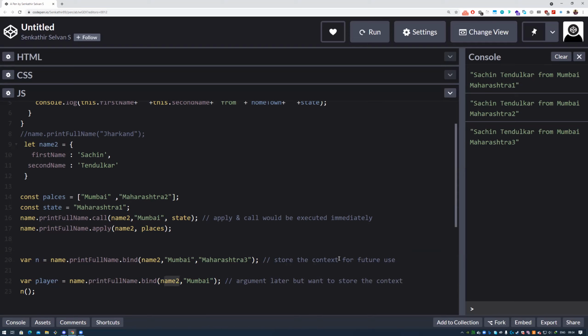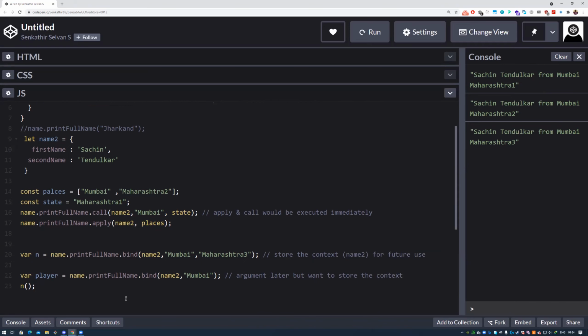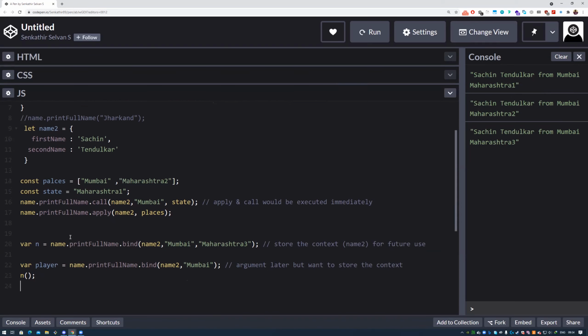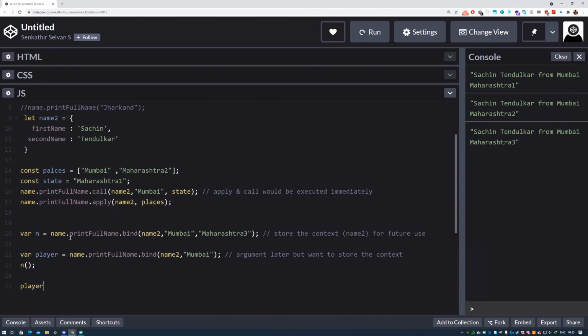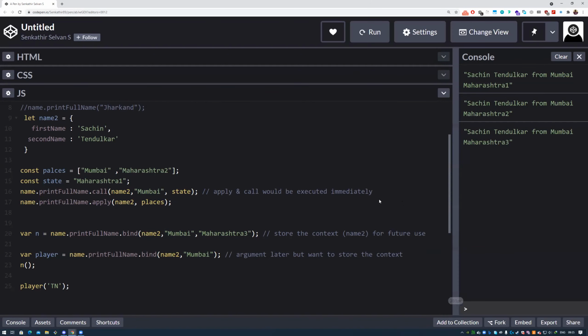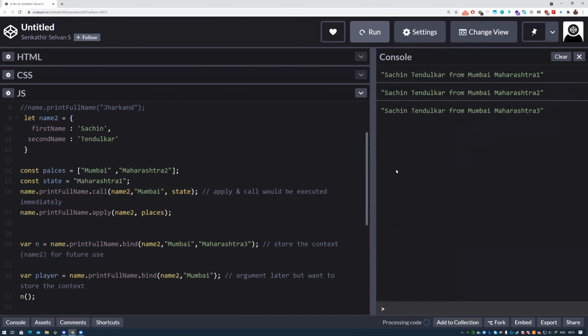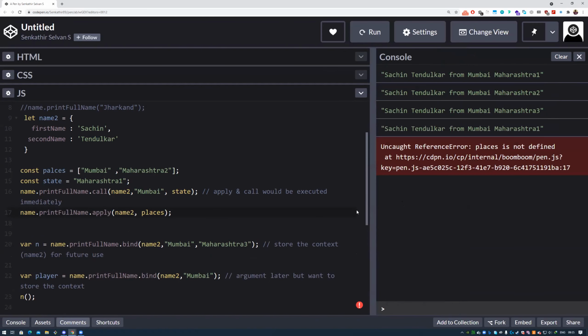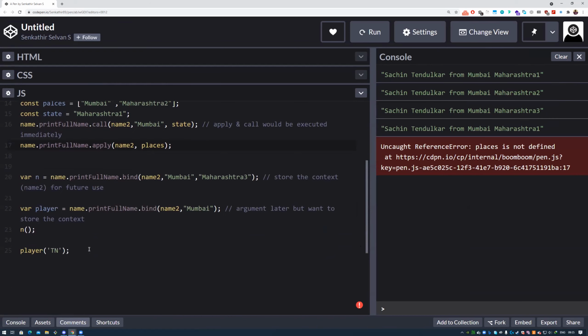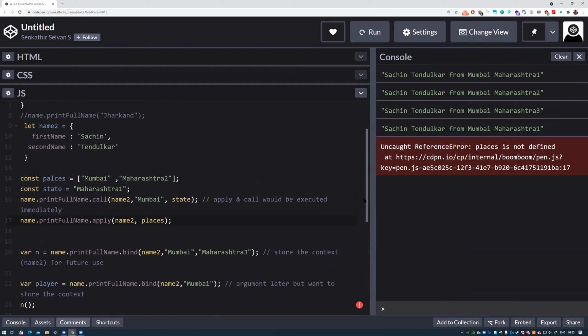Name to is the context here. So I do it this way, and I can give the argument later. For example, I can give player 10, right?